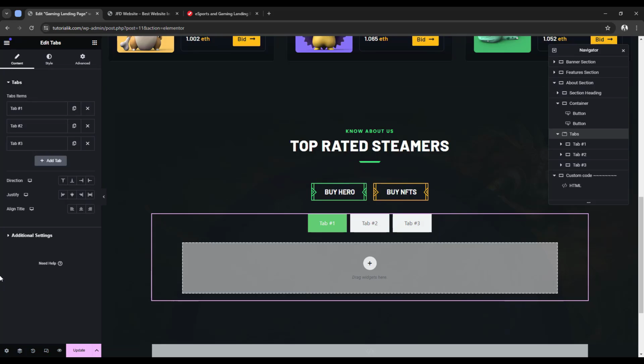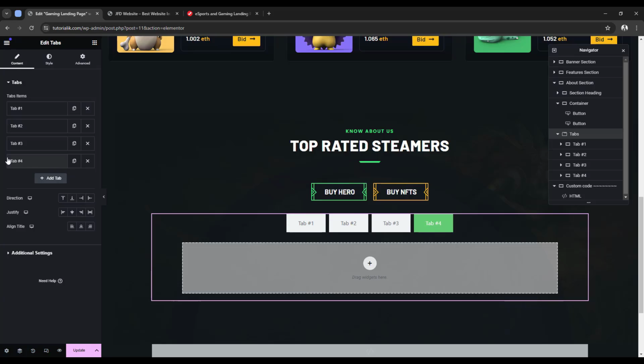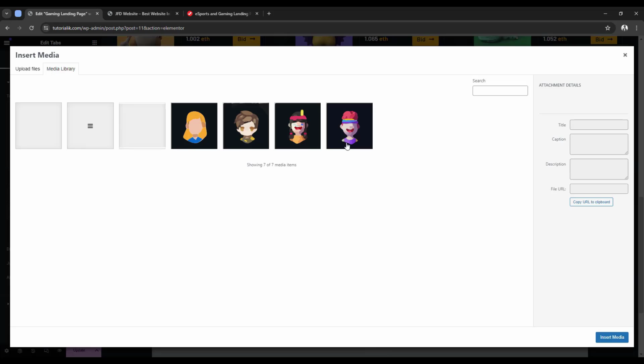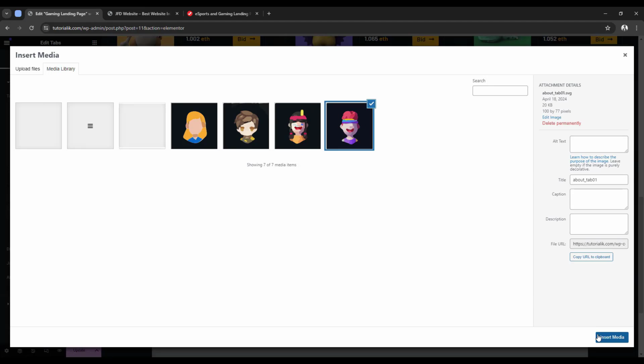So first of all, I need 4 buttons instead of the 3, so I'm gonna click add tab, and it will add the tab number 4. Then I'm gonna start with the tab number 1, and I want an image for my tabs. So from here I'm gonna upload the SVG as icon. From here we're having some profile image here. From here I'm gonna select this one for the first one,